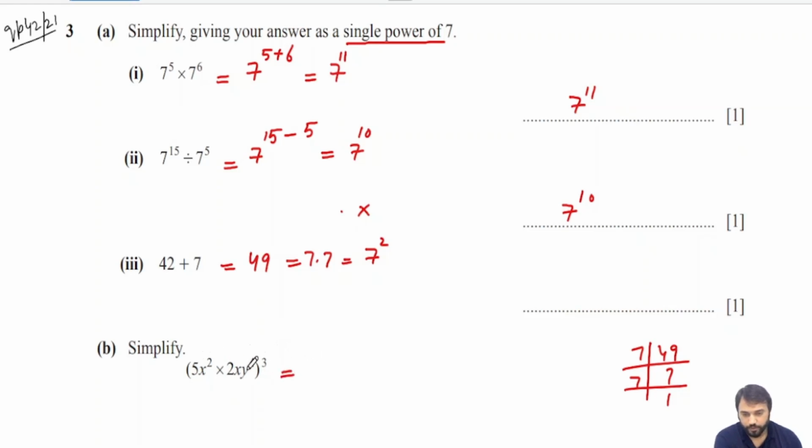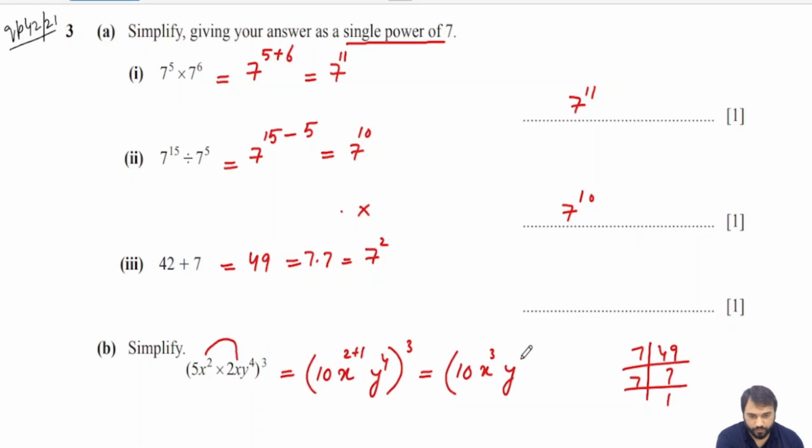First of all, we are going to multiply the terms in the bracket. 5 into 2 is equal to 10, and x square into x, the bases are the same, so we add the powers, 2 plus 1. There is no y, so we just write one time y, that is the y given, y raised to power 4, and the whole power is 3. Simplifying first in the bracket, it will be 10 x raised to power 3 and y raised to power 4,